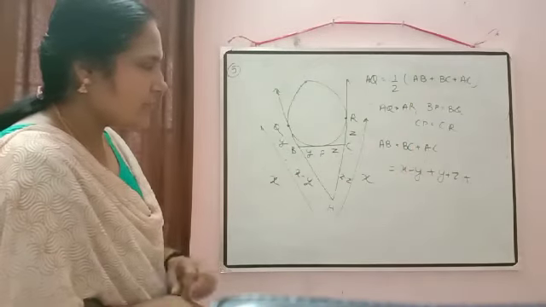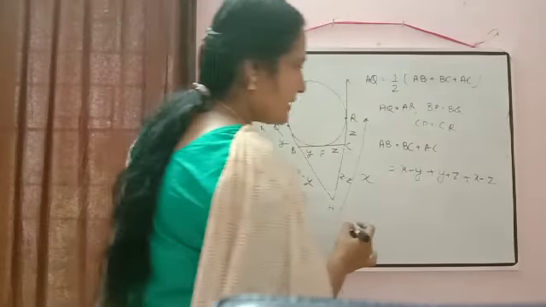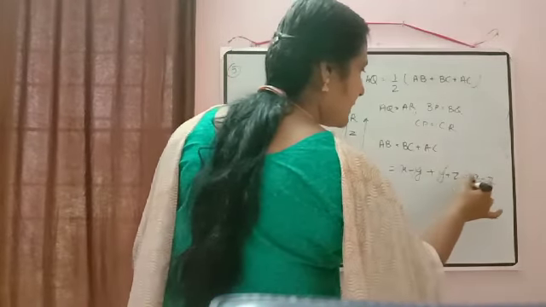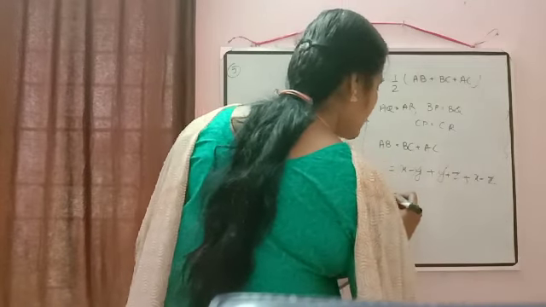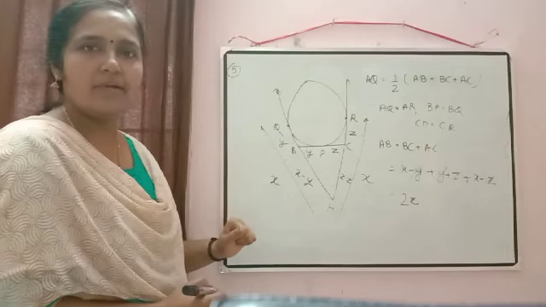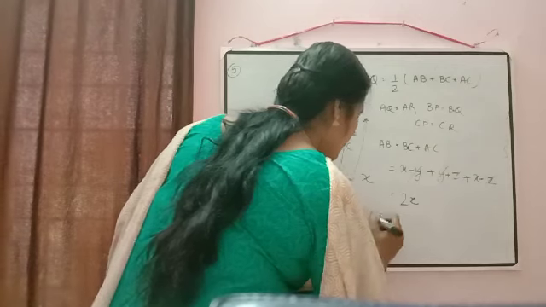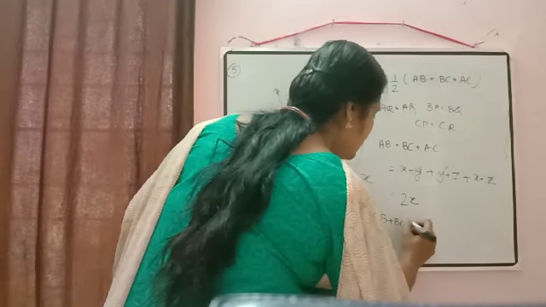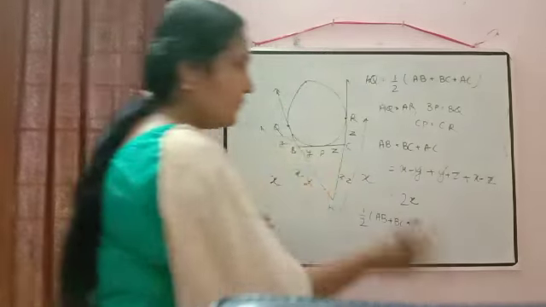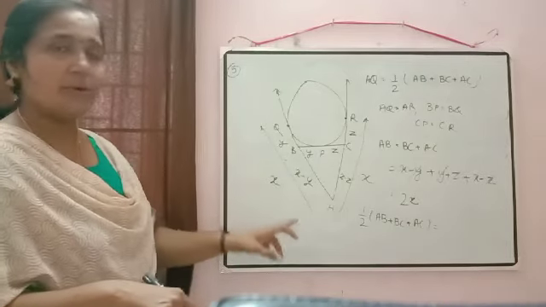And AC, how we can rewrite? AC already wrote there, that is X minus Z. So written here X minus Z. So just to check the things which will get cancelled. Minus Y plus Y cancelled, minus Z plus Z cancelled. So what we are getting here? AB plus BC plus AC is equal to 2X. 2 we can shift here. Then we will get half into AB plus BC plus AC is equal to X. And what we have taken X? X is equal to AQ.